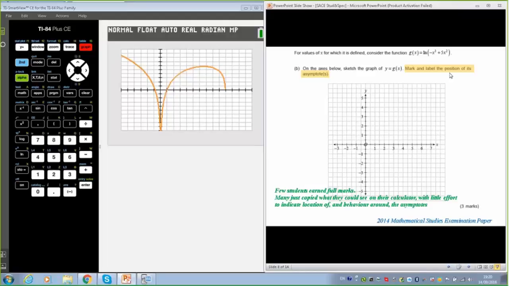It does say it in the question, Carol. It does say mark and label the position of. No, it says mark and label the position of, but I would specifically have part A of that be state the equations of any asymptotes, 1 mark. Maybe. Yep. Yeah, I like it, and I like that.